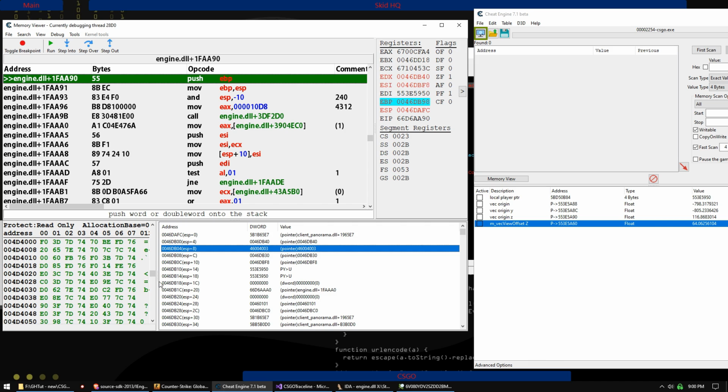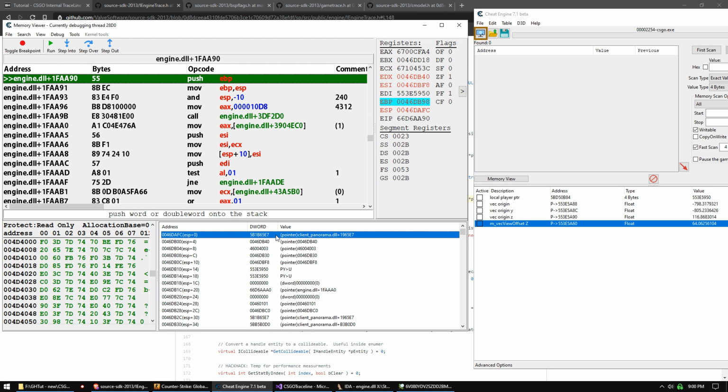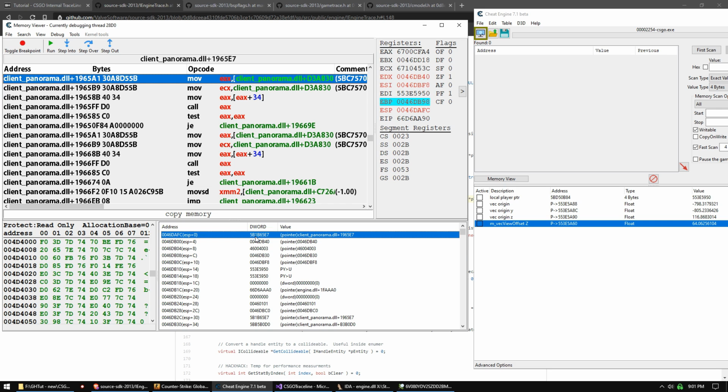So next question is, let's take a look at these stack variables and see how these arguments are getting passed in. If you've done our previous reverse engineering guides on the forum, you know that in this call to a member function, the this pointer is passed into ECX, and then the arguments are passed in from right to left. So this function has just been called, and so the last thing pushed on the stack should be the address of the array. So let's take a look at that. So the last address here is